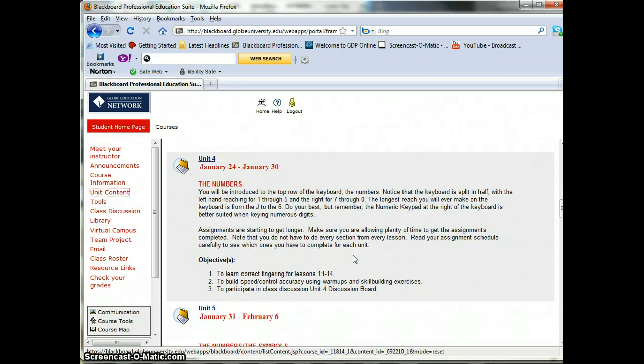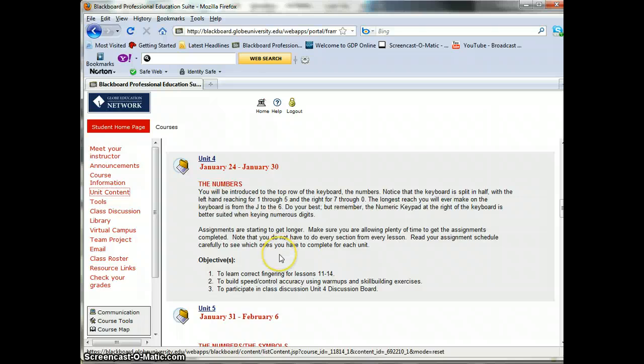And just like you've been doing in the past, make sure that you don't look at your keys, and definitely don't look at your keys just because you're beginning the numbers. Really concentrate on the reaches, and if you need to, tape that piece of paper over the keyboard like I mentioned, okay? Now it tells us right here that assignments are starting to get longer, so you want to make